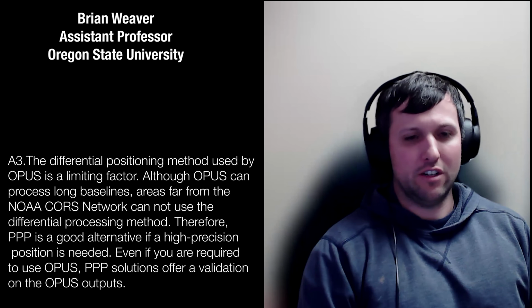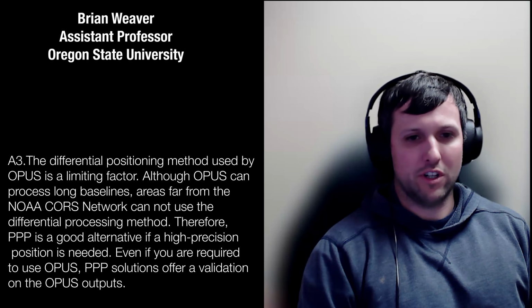That means that OPUS is applying constraints from reference stations, while PPP is not constraining reference stations and instead only constraining satellite positions. So if the user is operating far outside of this GNSS reference station network, like the NOAA network, for example,